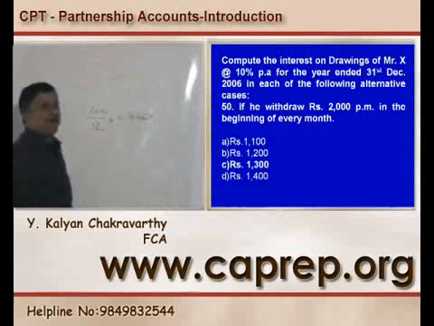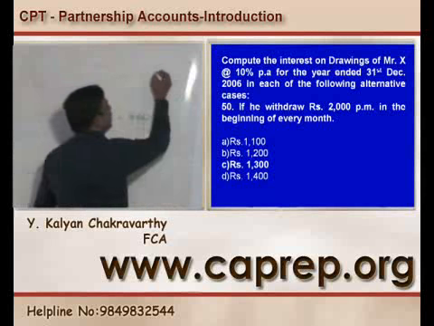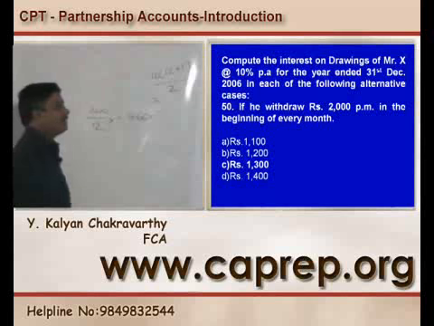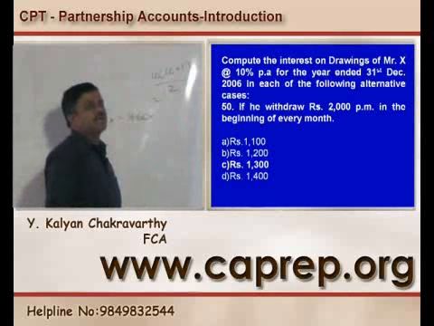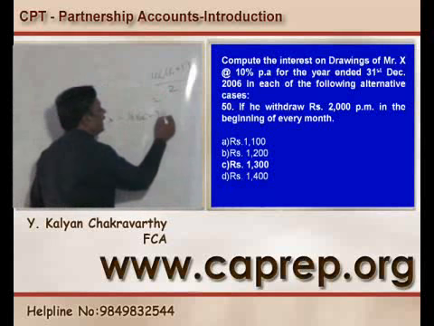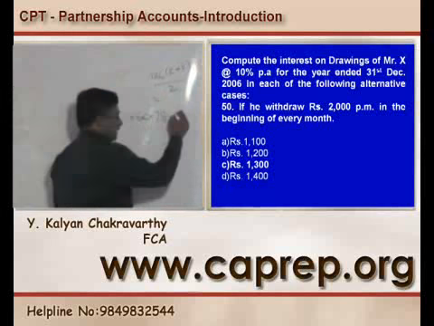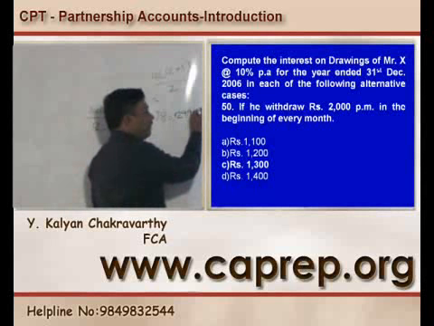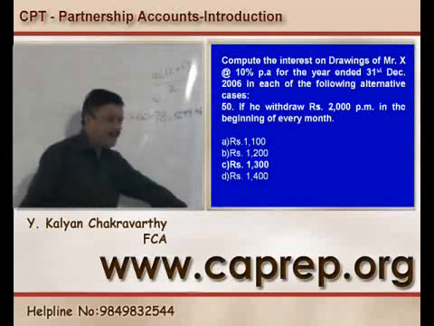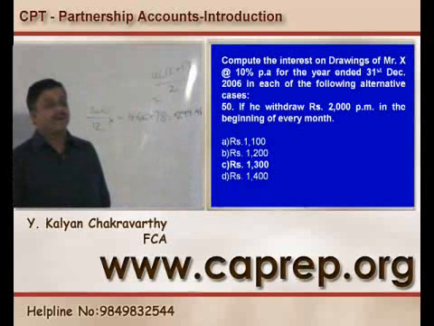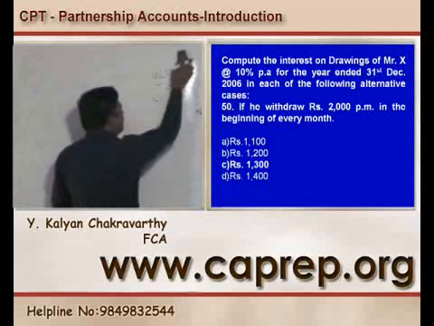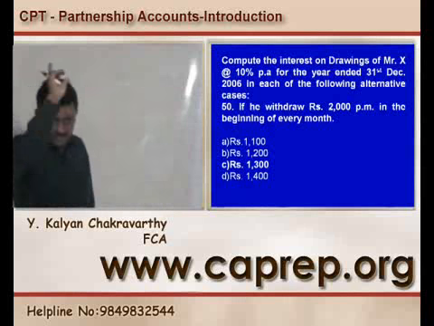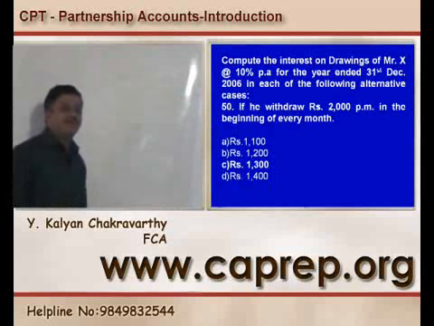If you add 12 numbers, how much total will come? 12 into 12 plus 1 by 2. How much is it? 6 into 13, 78 into 16.66. 1,299.448. That means roughly about 1300 is the point. So you have to keep this technique in mind and do it. Other way around, this question, take it for granted. One question will be there in your paper on calculation of interest.